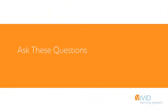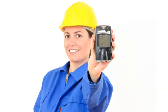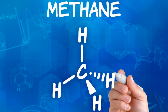Is this a confined space? Is the atmosphere safe? Testing must be done in several levels of the space because specific hazardous gases react differently to the rest of the atmosphere. Why? Hydrogen sulfide is slightly heavier than air, while other dangerous gases such as methane might be lighter than air and rise to the top. Only by testing all levels of the tank you are about to enter can you be reasonably sure the atmosphere